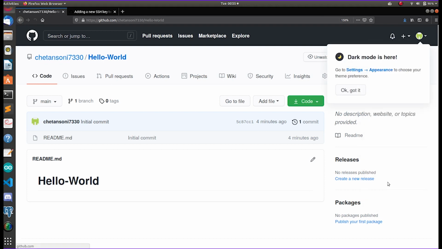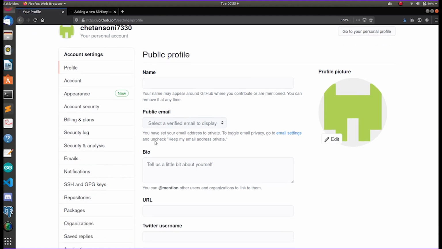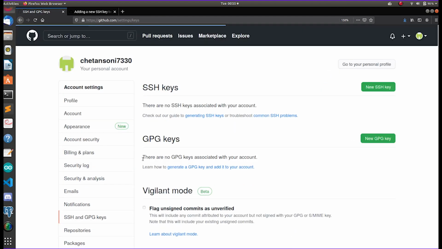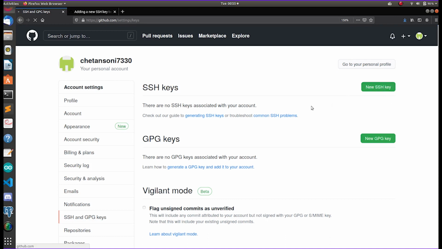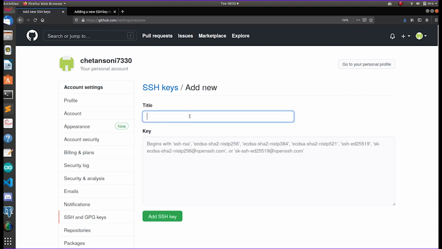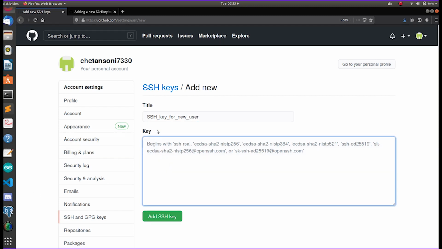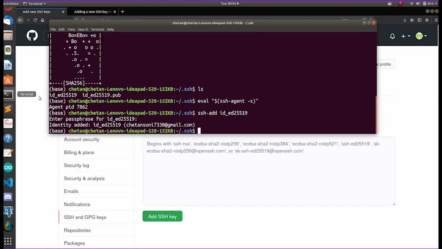Now let's go to Settings, SSH and GPG keys. Here you can see SSH keys. Now add a new SSH key. Enter any title as you want. I'm entering here SSH key for new user. Now we need to paste the public SSH key that we just generated.